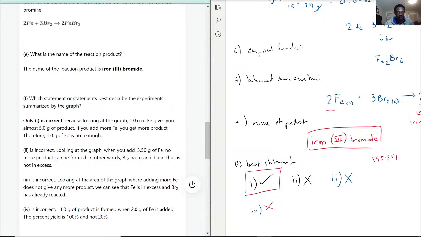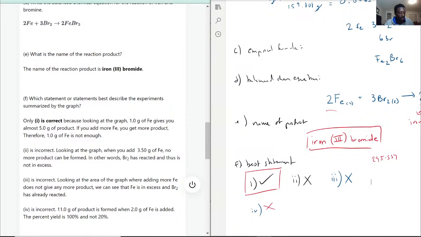11 grams of the product is formed when 2 grams of Fe is added. The percent yield is 100% and not 20%. The reason why this one's a little bit sketchy is that, exactly as we calculated, our theoretical yield based on the amount of iron there was should have been like 10.5 something. But based on the fact that it was 11 on the graph, we would actually still have